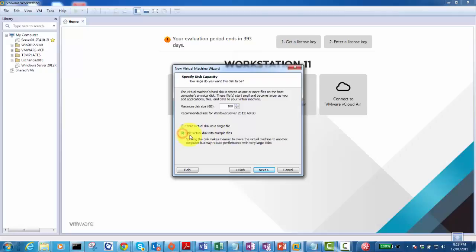So if we split the virtual disk into multiple files, it creates 2 GB files as it increases in size. If we want to move this machine somewhere else, it's going to be very easy to move 2 GB files, right, instead of one huge file, over the network or on USB, whatever. So for portability, I'm just sticking to the default, split virtual disk into multiple files. Next,